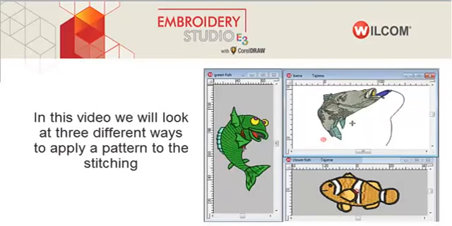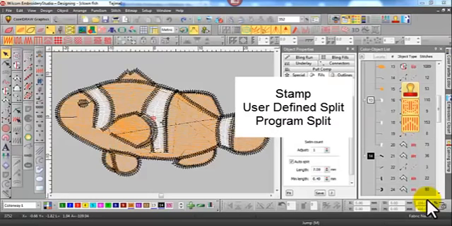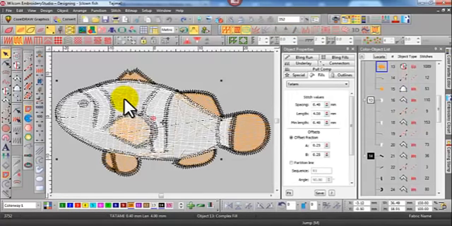In this video, we'll look at 3 different ways to apply a pattern to the stitching. We'll use the stamp, user-defined split, and program split. Okay, and the little clownfish here,